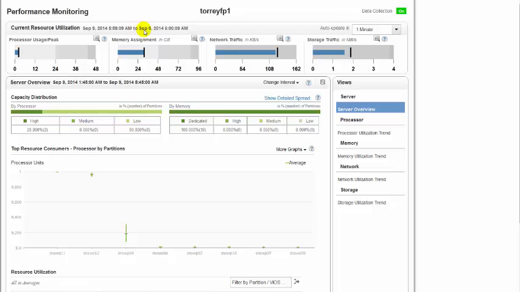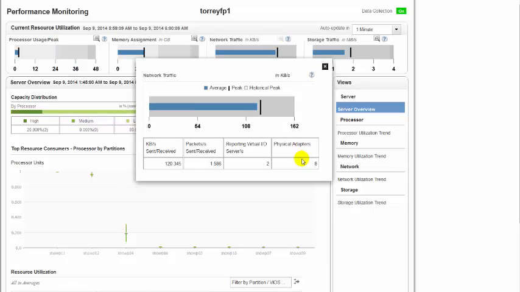So the values are displayed based on the average data samples here. So this is about current resource utilization. We can use this enlarge button to see the graphs in a more enlarged way.